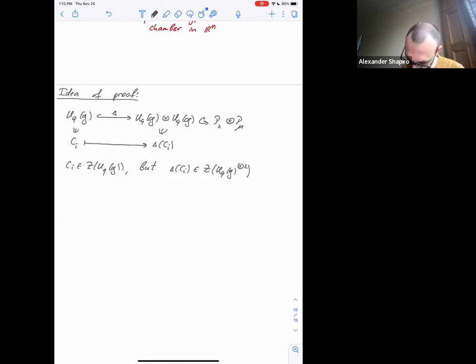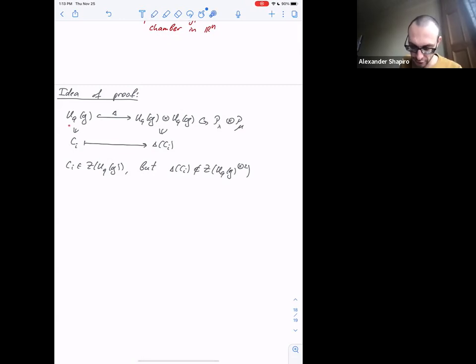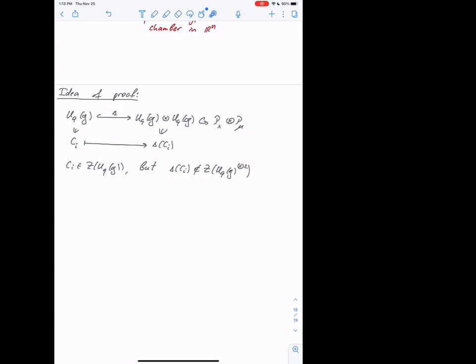Sorry, and here I want to say that it doesn't belong to the center. It gets embedded diagonally. Delta means diagonal embedding, just with co-multiplication. Does it mean x1 plus x2, or x1 times x2? No, it means